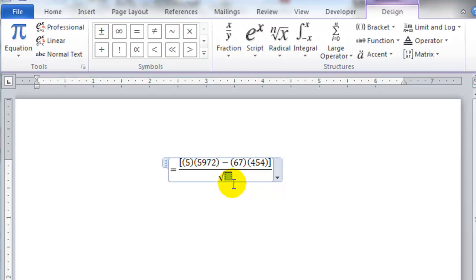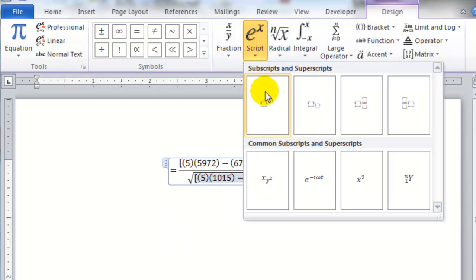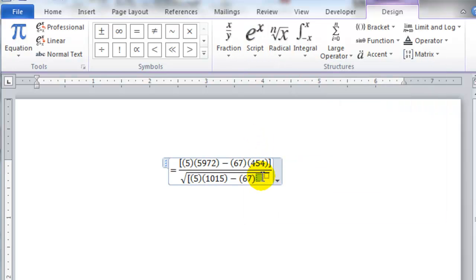So with what we have here, let's use brackets again. We have 5, sorry, put 5 there, times the sum of x squared. So 5 times, come over and look at sum of x squared, 1015, minus sum of x, which remember is 67, and then we need, come to the script part here, click on this one, that'll allow us to